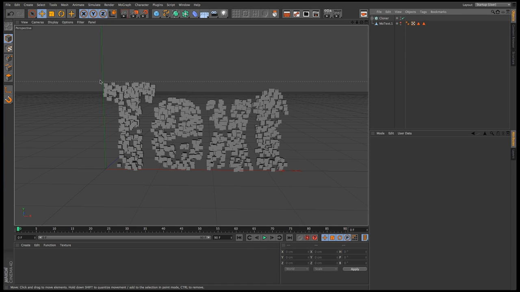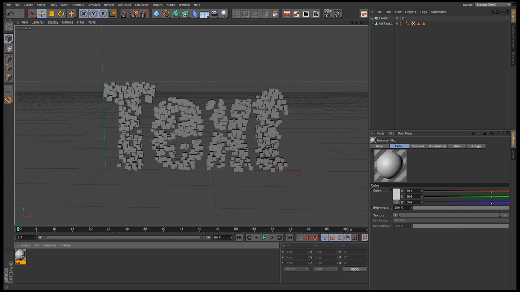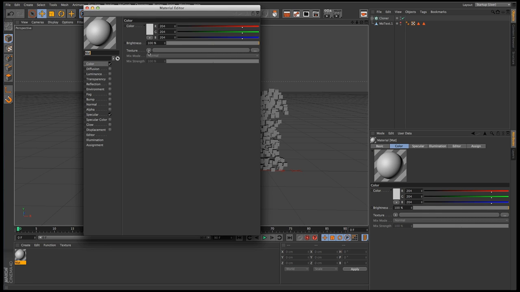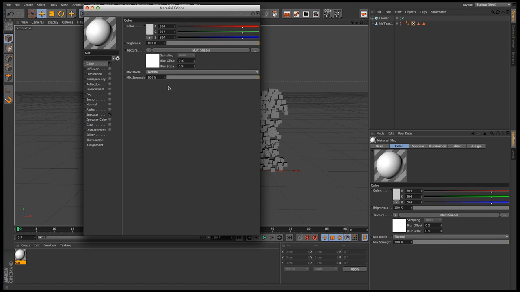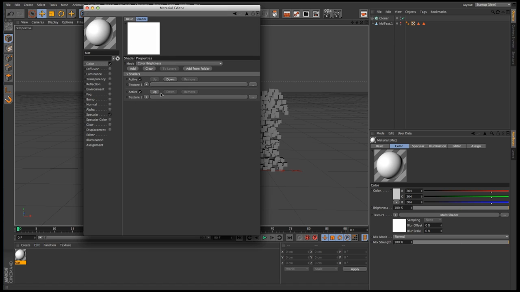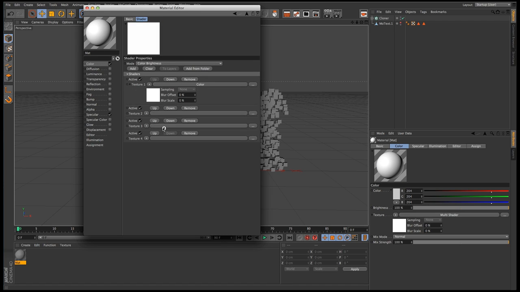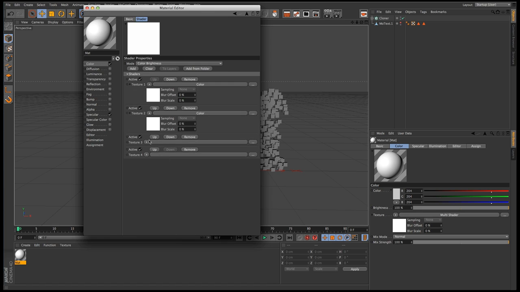So using the plane effector, we can sweep through this text and actually change the color. But first we need to make a material, and in that material under color, if we come to MoGraph and choose multi-shader, this will allow us to have one material on the cloner but cycle through different colors. So in there, this is where we'll have our list of colors. You can have as many as you want, but if we just have about 4 and then click color on all of them,